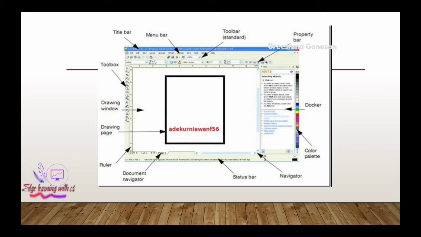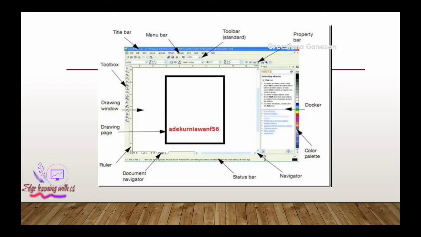Then on the left side you can see a box of tools, which is known as the toolbox. From there you can choose tools of your choice for your designing purpose. Then you can see the drawing window. The complete white area is known as the drawing window.